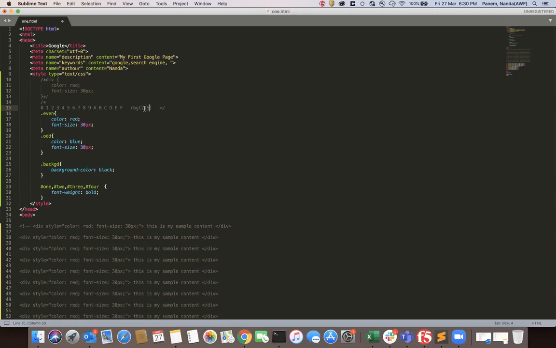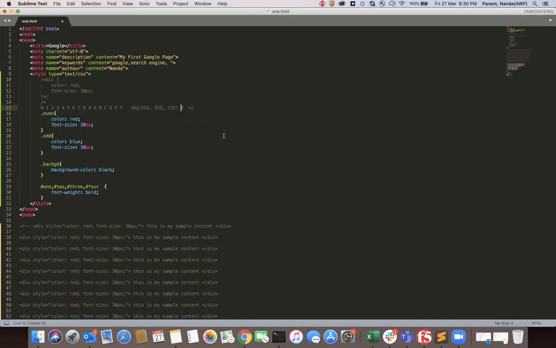So 255 for red, 255 for green, 255 for blue, in hexadecimal format. How can we provide these numbers? By providing a hash. And for 256, two hexadecimal numbers, 16 into 16, is 256. That's the reason we provide two hexadecimal numbers.